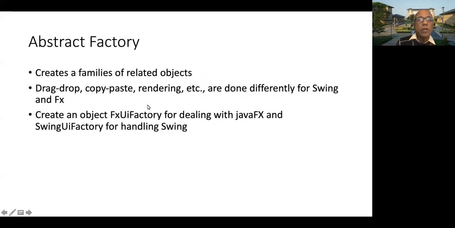In this video, we look at the Abstract Factory design pattern. This is one of the 23 design patterns that were proposed by the Gang of Four in their book. The Abstract Factory is a design pattern, and using an Abstract Factory,